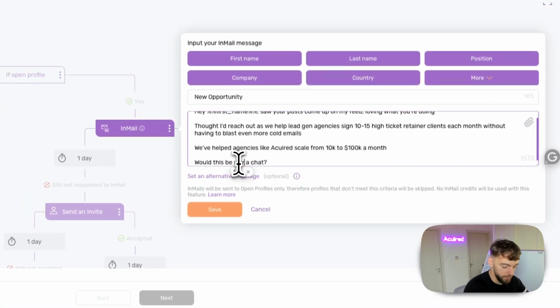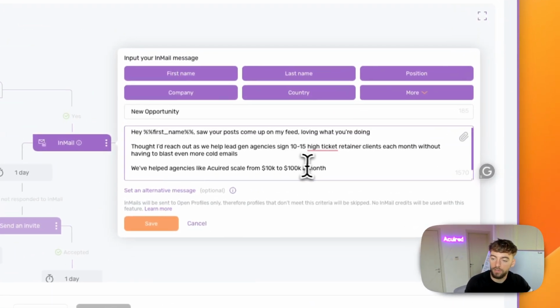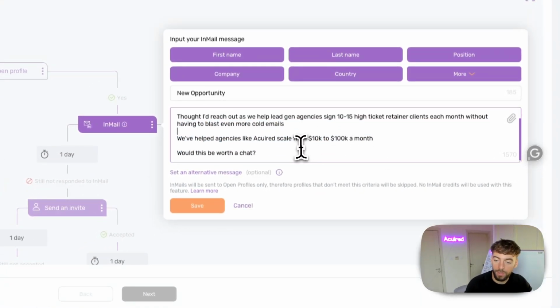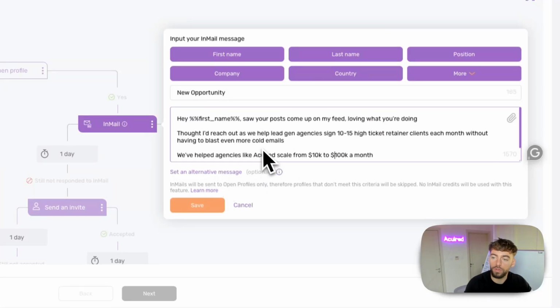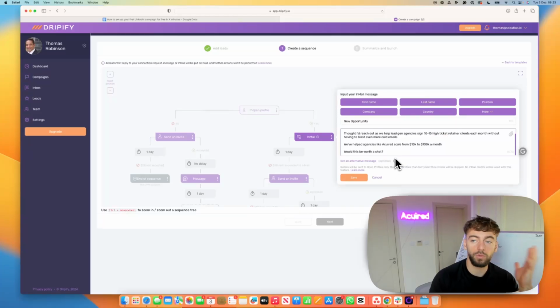So this is something I've just created off the top of my head, but it could be a type of message you might want to go with, right? So it'd basically be, hey name, saw your post come up on my feed, loving what you're doing, thought I'd reach out as we help lead gen agencies sign 10 to 15 high ticket retainer clients each month without having to blast even more cold emails. We've helped agencies like Acquired scale from $10,000 to $100,000 a month. Would this be worth a chat? So build some intrigue. If you send enough of these messages to the right people, you'll definitely get some interest